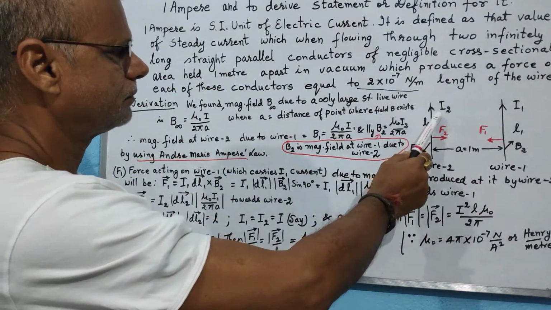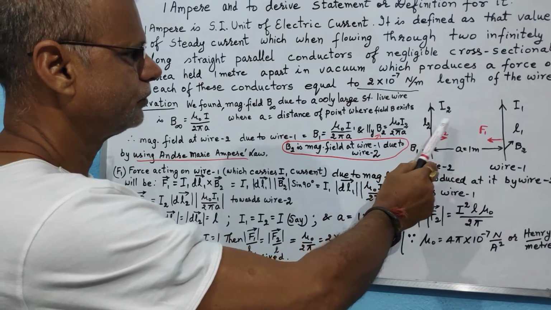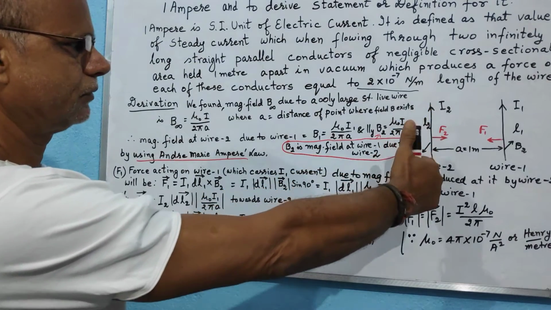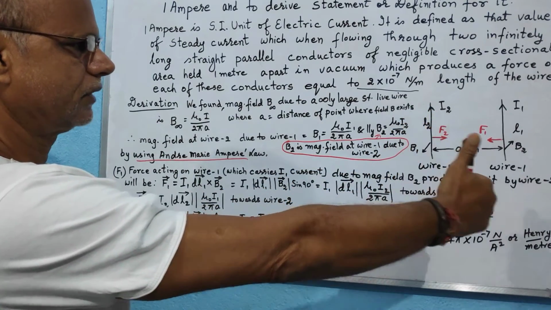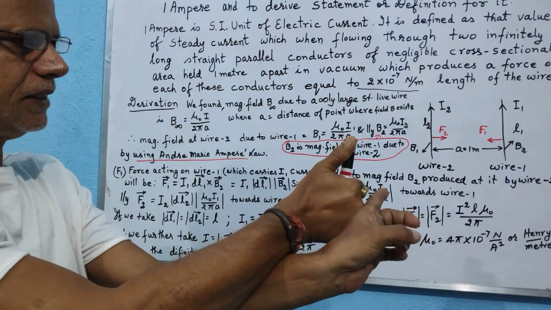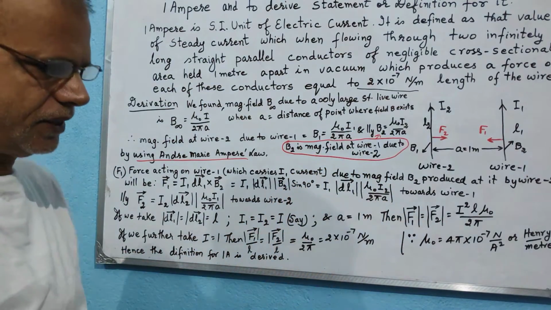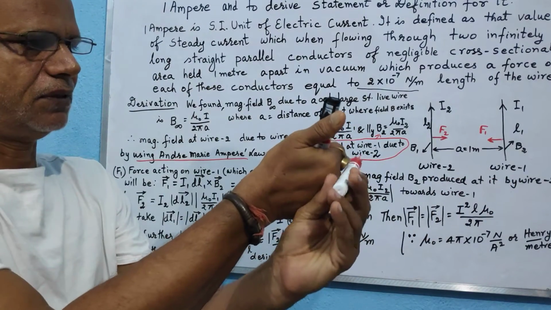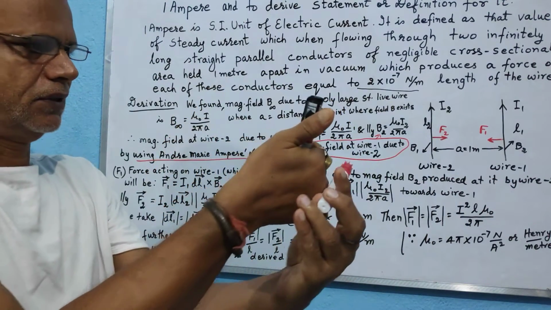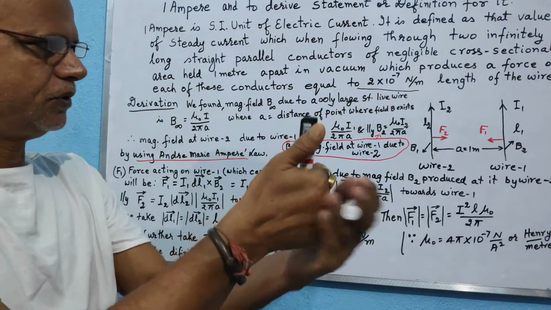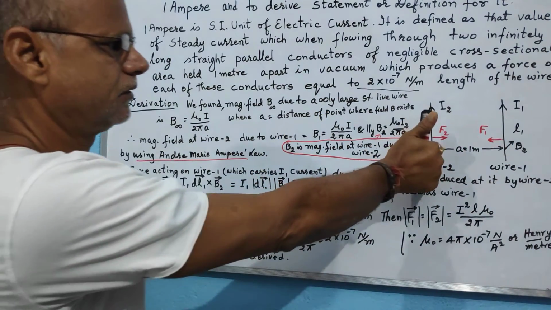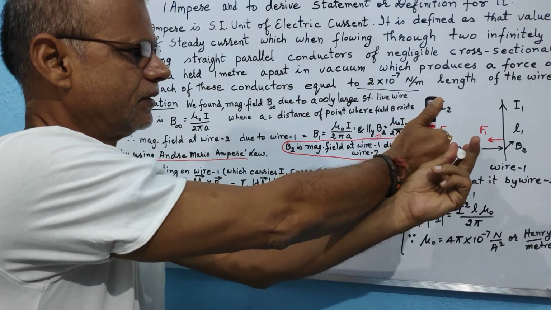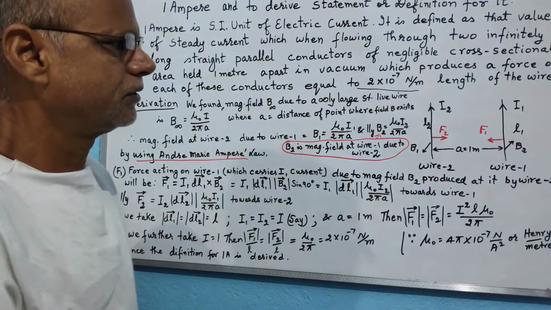if you think about the magnetic field produced due to I2 at I1, you catch hold of wire 2, and then you draw the tangent on the curved fingers. What you see is, in this case, it is away from the observer, away from you. The magnetic field is away from you at this point. You catch hold of this and draw a tangent on the curved finger. You see that it is into the whiteboard.